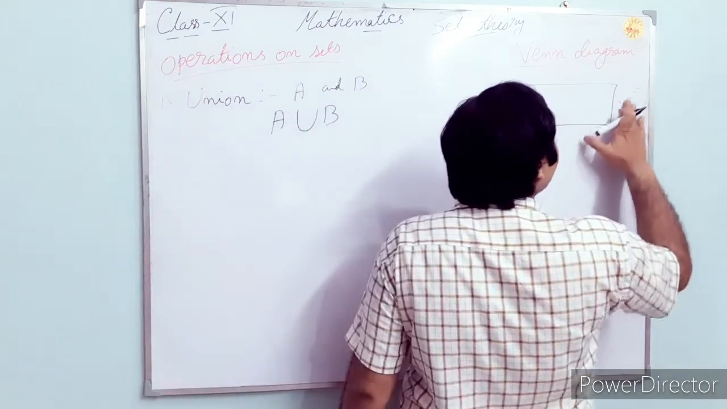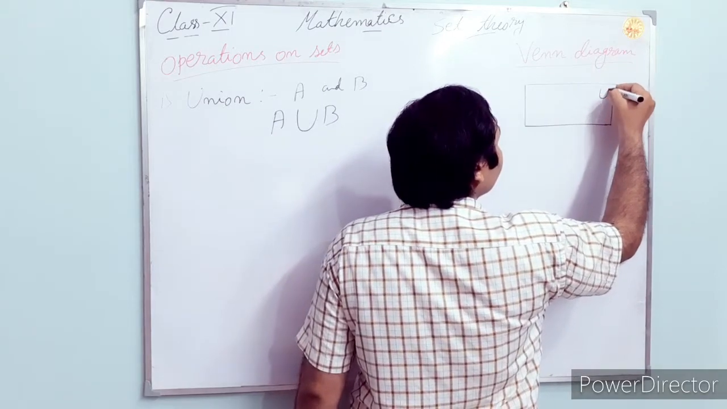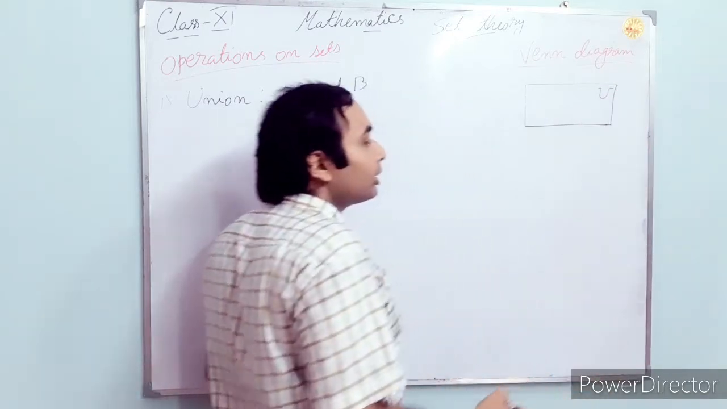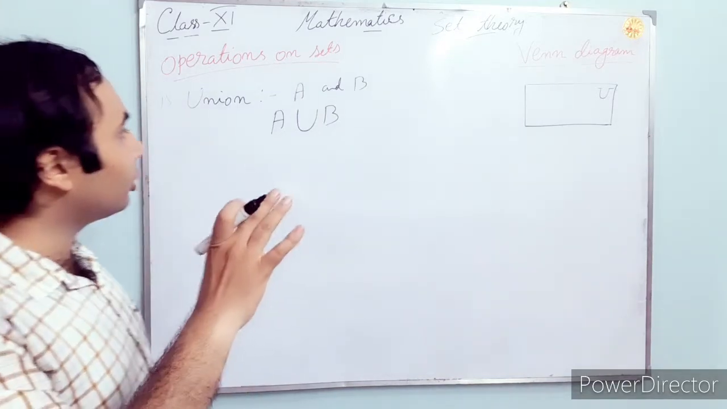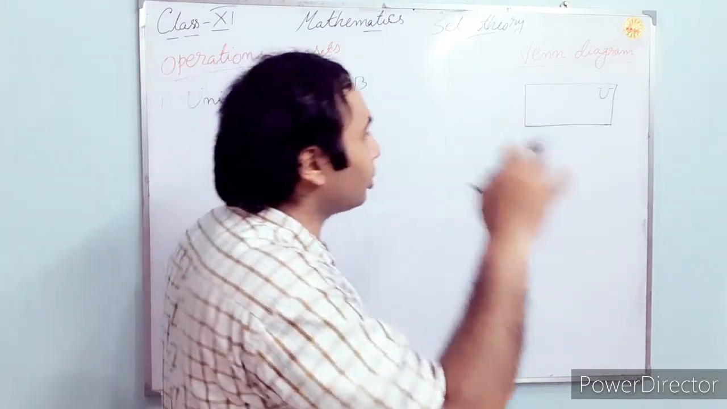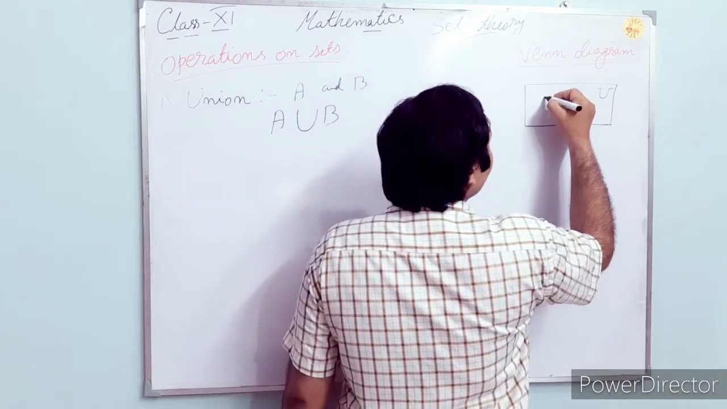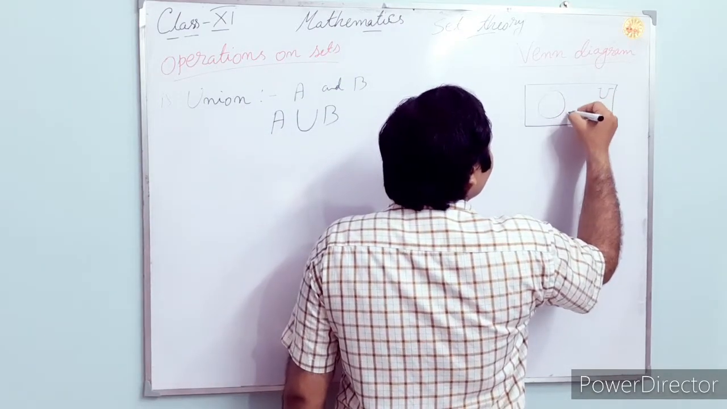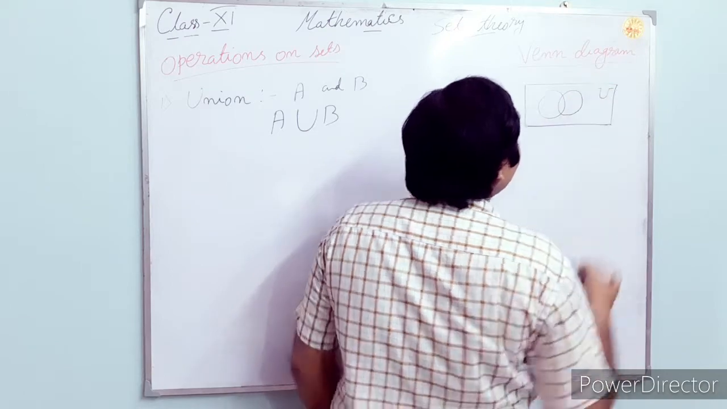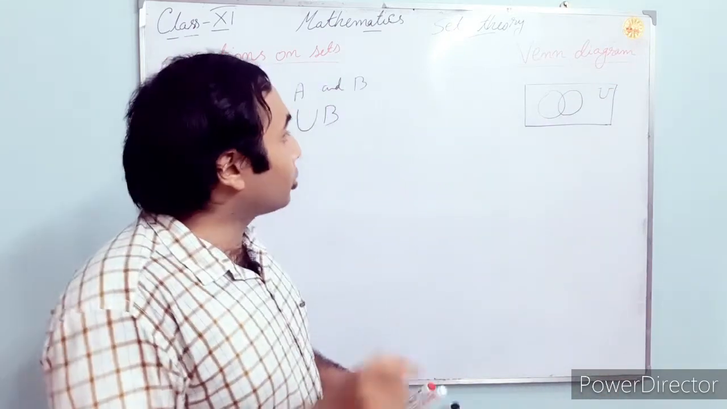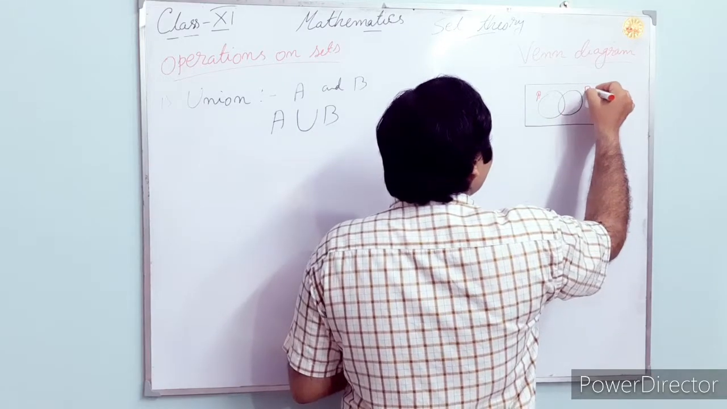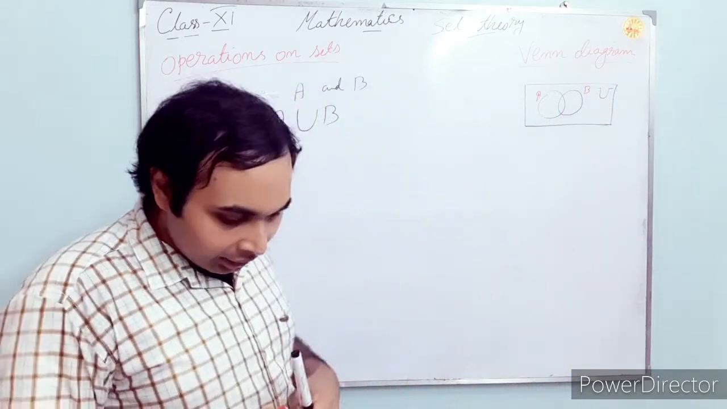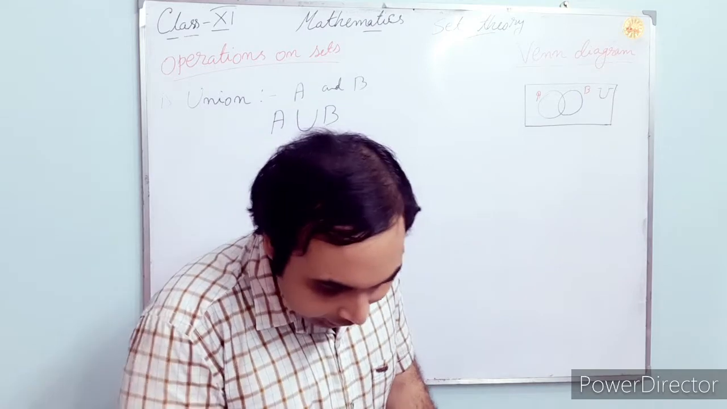Actually, we need to write this inside the rectangle. This is U, that is the universal set. I have told whatever the sets will deal with, that all those will be in the universal set. So if I draw those two circles, this stands for A and this stands for B, then the Venn diagram represents